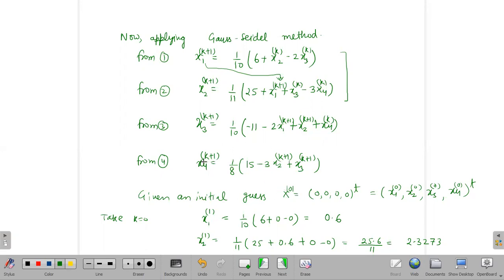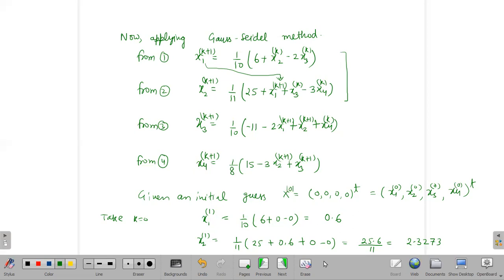Yes. So here x4 is a new component, but to compute the last component, you have already found the new components of the iteration. So x1, x2, x3 are all new here, so you can use them here only. Write the equation like this, then you can change your k accordingly. Suppose you have to find the first iteration, then write k equal to 0. Then put k equal to 1, you will get the second iteration components. You change k accordingly on the left hand side and right hand side. This is the only procedure. Actually the procedure is lengthy, but it is not difficult.